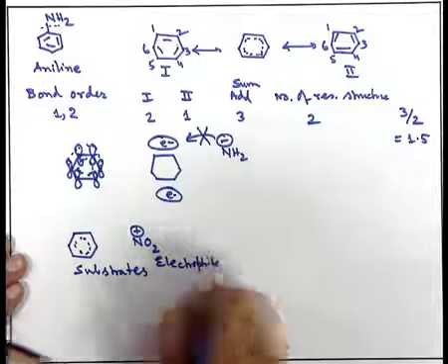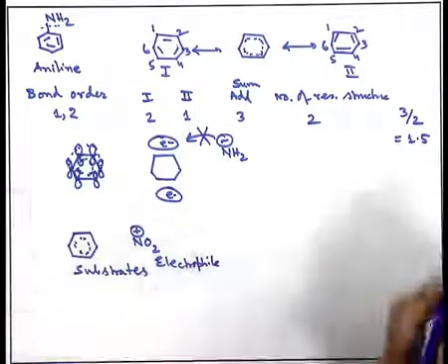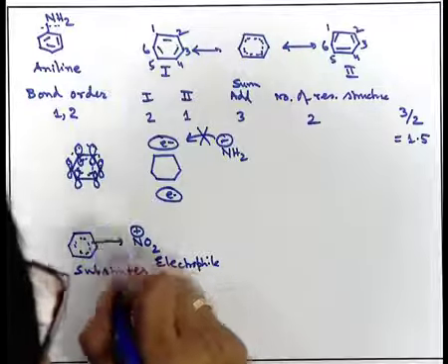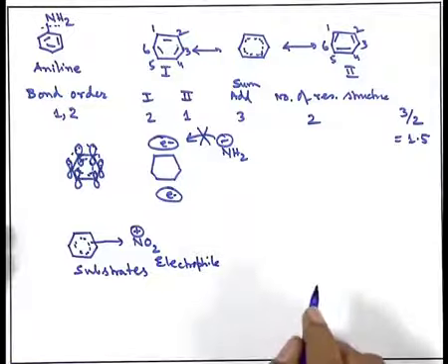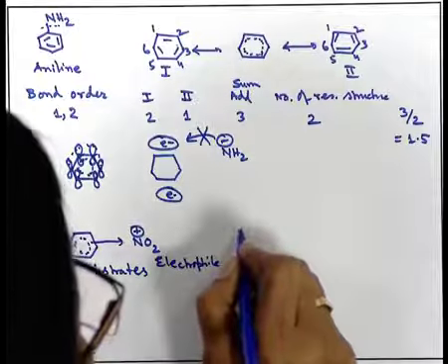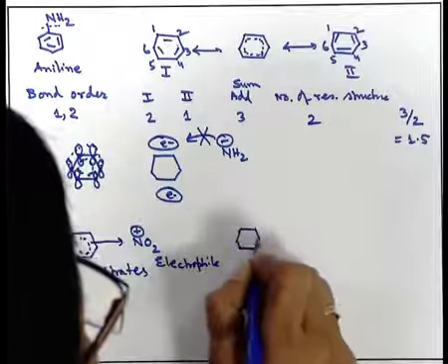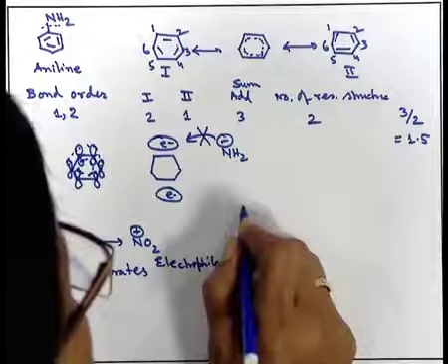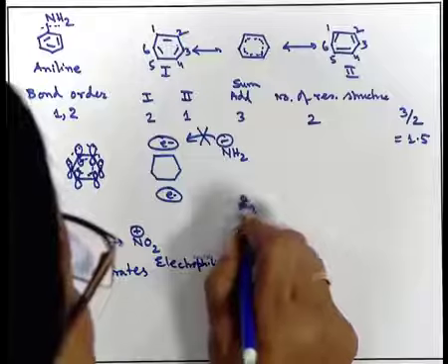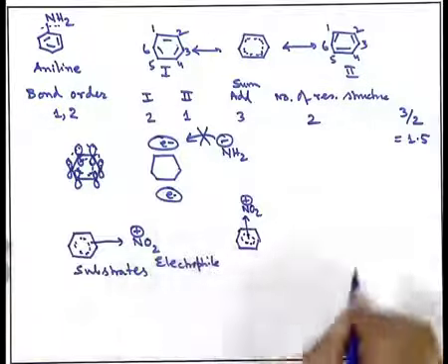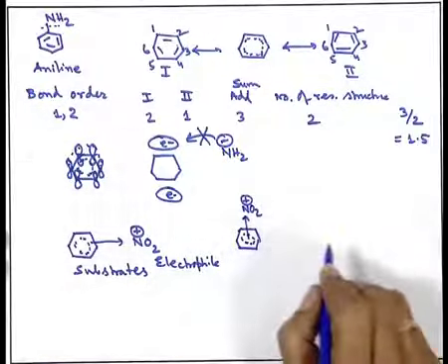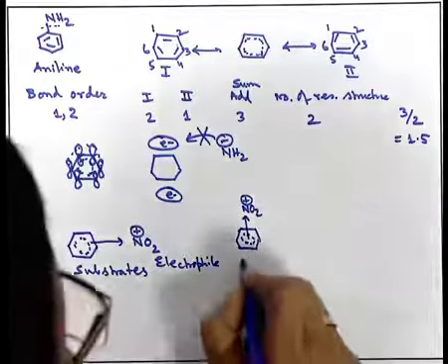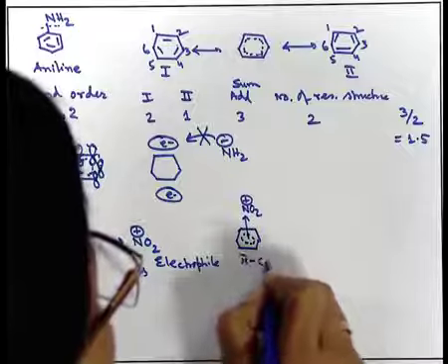So, this electrophile will come very close to the benzene ring and they will form a charge transfer complex type thing. I can write this in this way. There is no full bond being formed, but the electrophile is taking the delocalized electron pair from the benzene ring to form a complex, and this type of complex is called a pi complex.